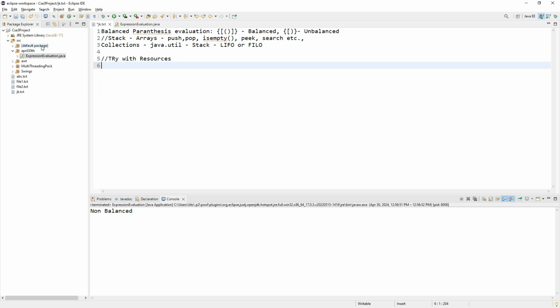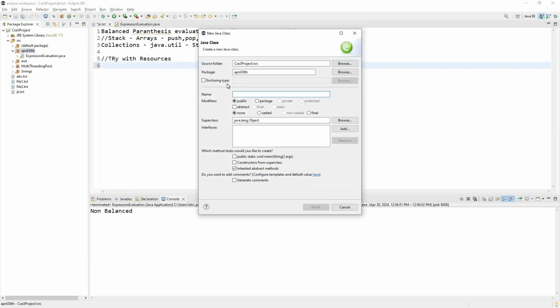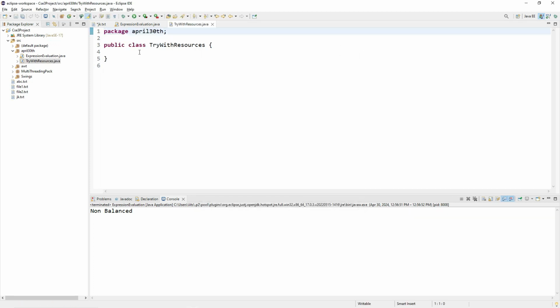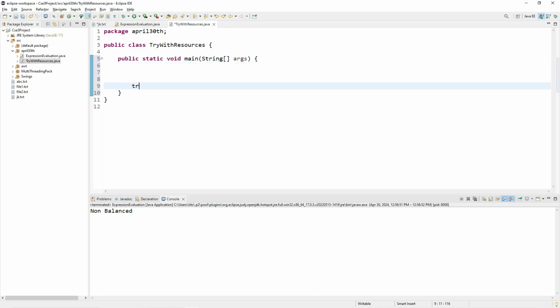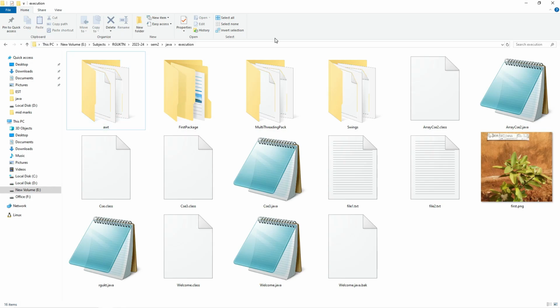So if we go for example, try with the resources. For example, I am going to write inside the main method only. I am going to write try, followed by, for example, the FileReader class, which is meant to read the data. FileReader fr equal to new FileReader of file location, you have to pass the file location name, and then if you are able to observe,